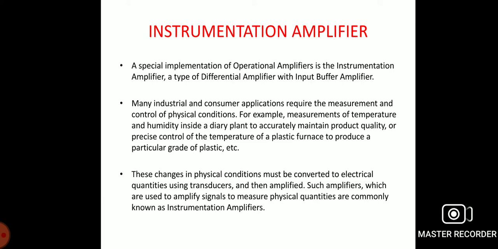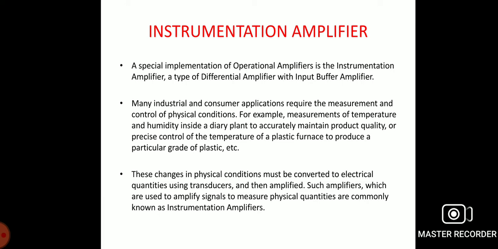Now, what are the features of instrumentation amplifier? It is an amplifier intended for precision low level signal amplification, where high input resistance, low noise and accurate closed loop gain are required. Also, low power consumption, high slew rate and high common mode rejection ratio are desired for good performance of the instrumentation amplifier.